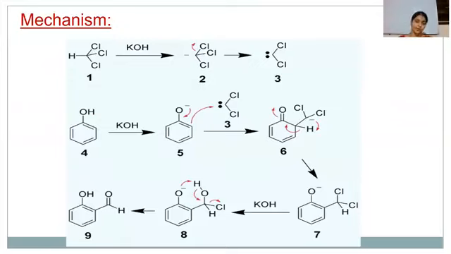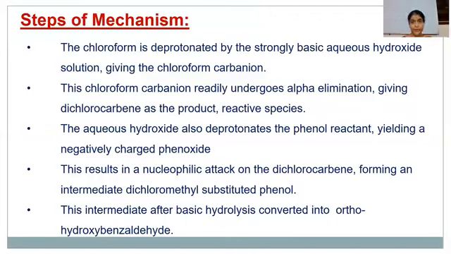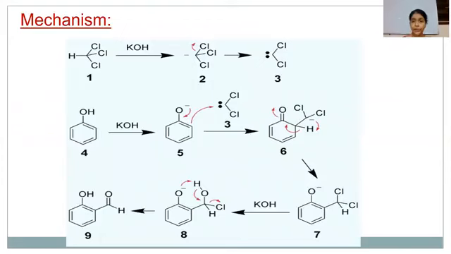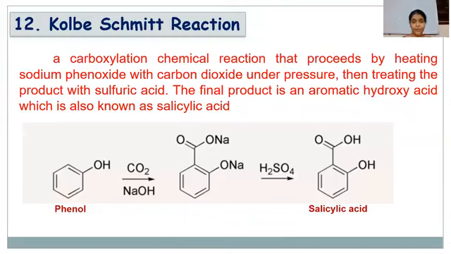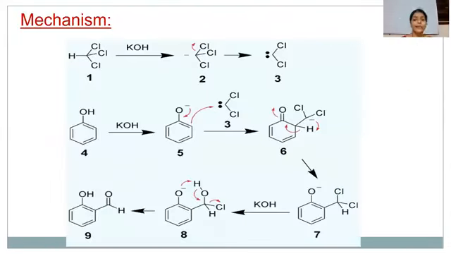Mechanism of the reaction. Mechanism starts with the chloroform. In basic medium, first deprotonation of chloroform occurs and it is converted into chloroform carbanion. This chloroform carbanion readily undergoes alpha elimination of chlorine, giving dichlorocarbene as the product, which is the reactive species